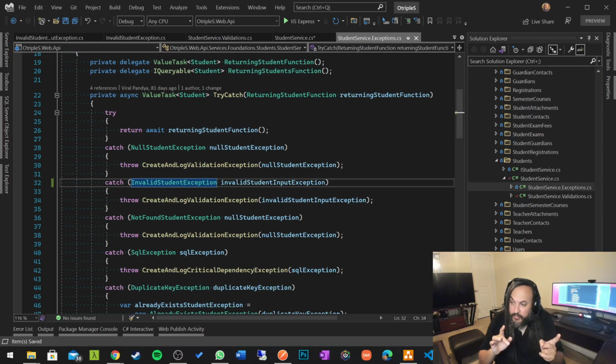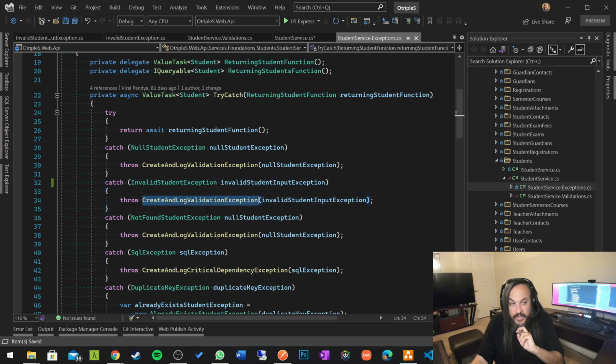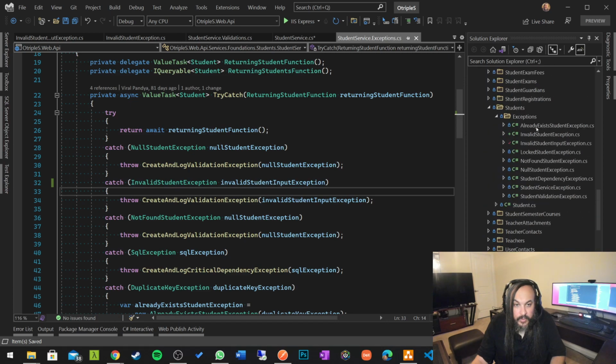So I'm changing from invalid student input, which is the one that didn't inherit from exception, the native one, the one that was outside of the box, that was existing in this repository. And now I am putting in this invalid student exception, which is the one that is carrying all the good stuff, all the errors. What else is left? What's left is that this error is going to be wrapped up in a validation exception that's going to be propagated all the way up to the controller. And I want this one specifically, right? So if you go up to the student controller here,